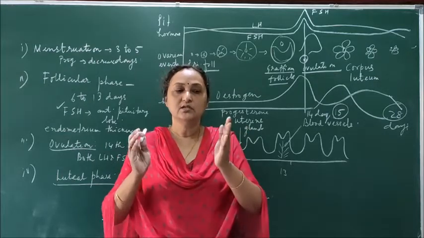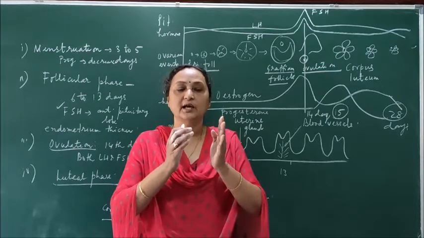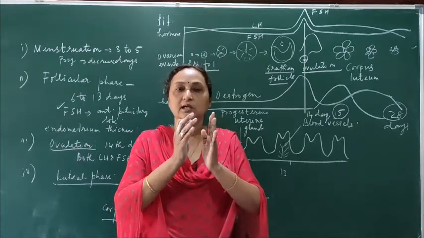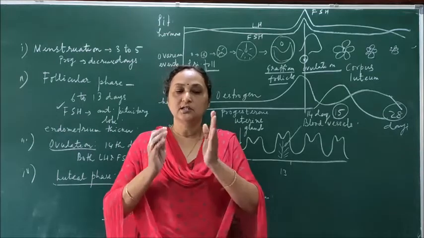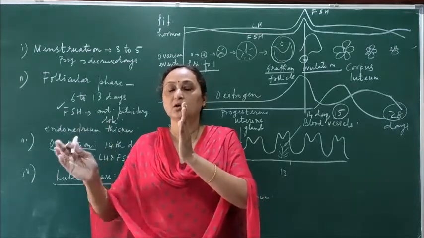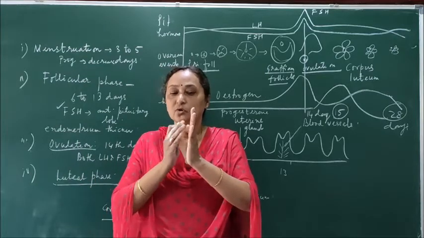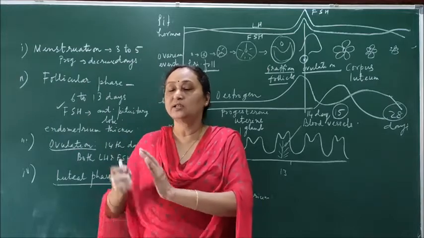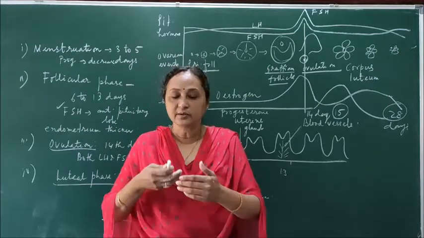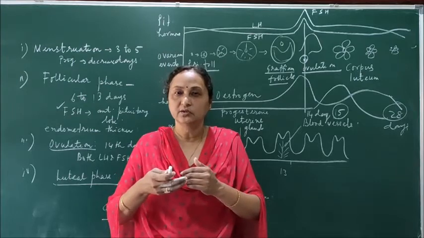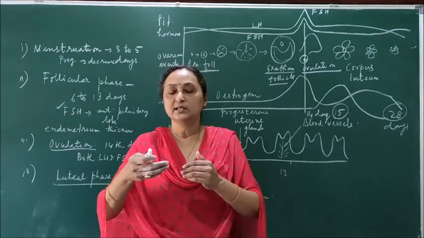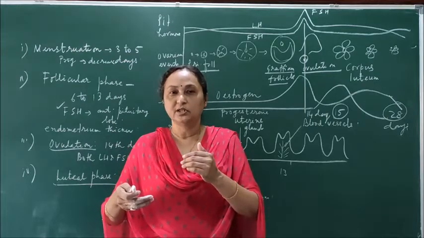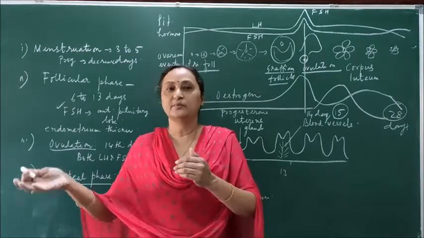No. It depends on the entry of the sperm, and if both the egg and the sperm are present at the ampulla and the isthmus junction, then only fertilization is possible. Fertilization cannot take place in any other part of the oviduct or in the uterus. And if there is no fertilization, then the ovum is broken, and also the wall of the endometrium is breaking. So every month the uterus is preparing the wall of the endometrium, and if there is no fertilization, again it is breaking down and coming outside the vagina in the form of blood flow. Then again the next month it is preparing itself.